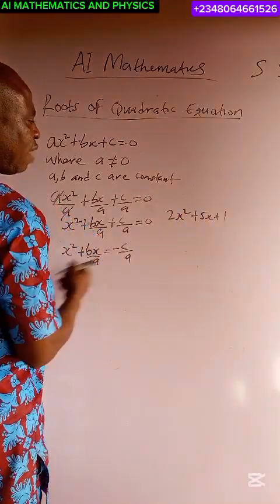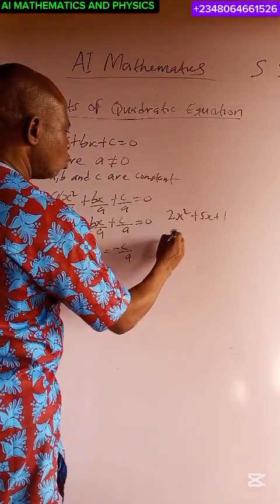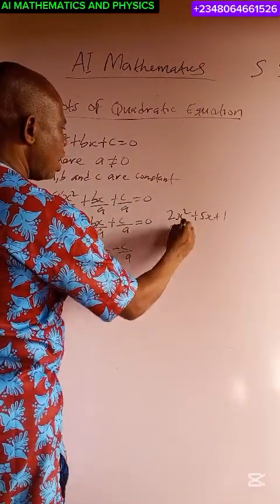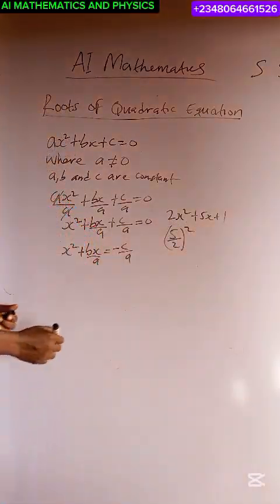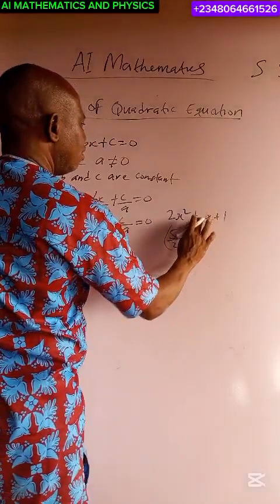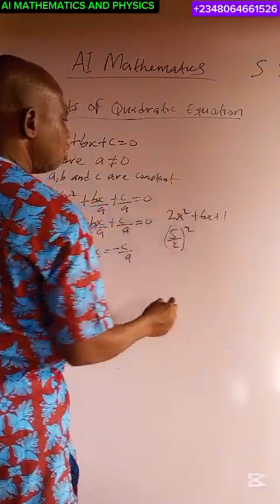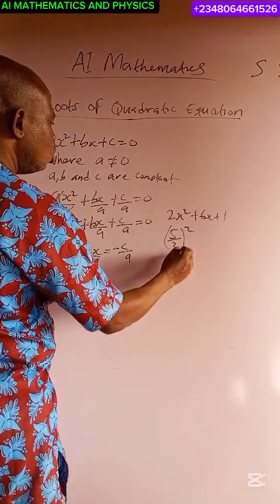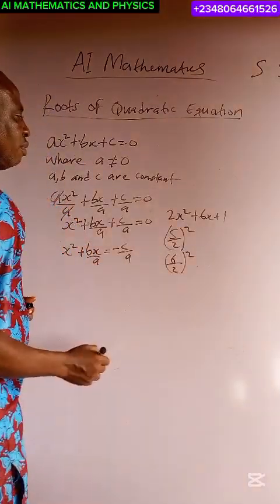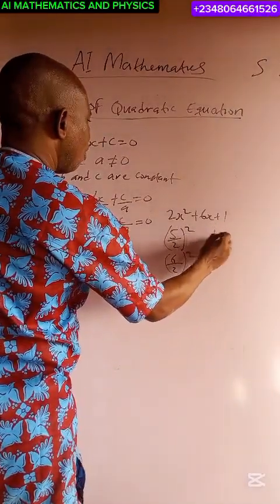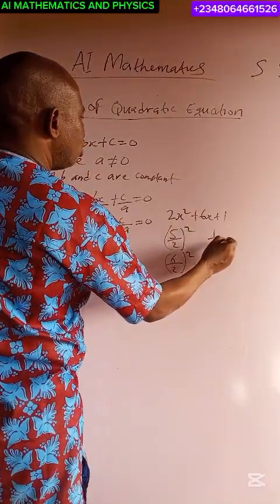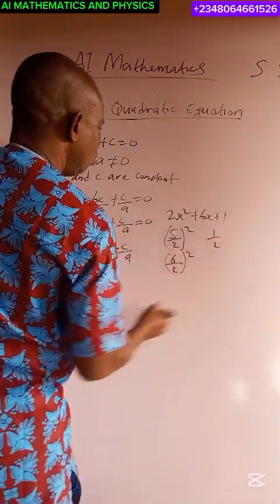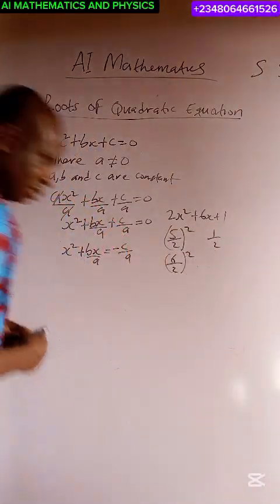You divide 5 by 2 and you square it. If you have 6, we divide it by 2, that's 6 divided by 2 squared. If you have 1 over 2, it will be 1 over 2 divided by 2 squared. Likewise,